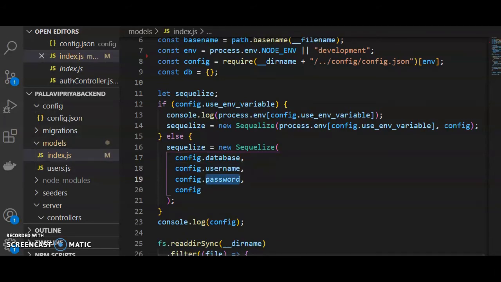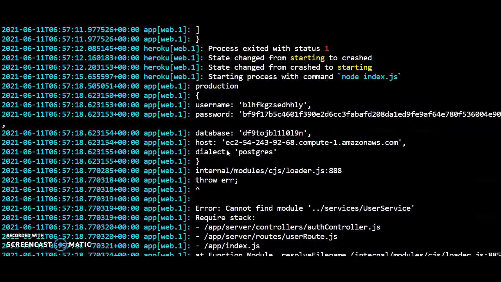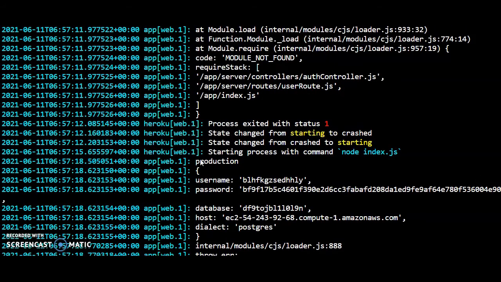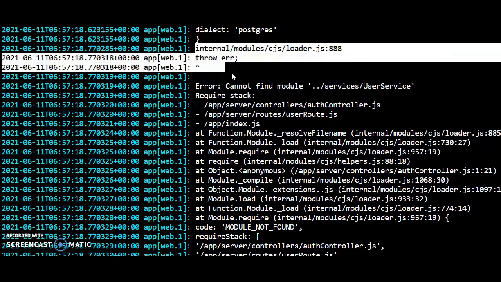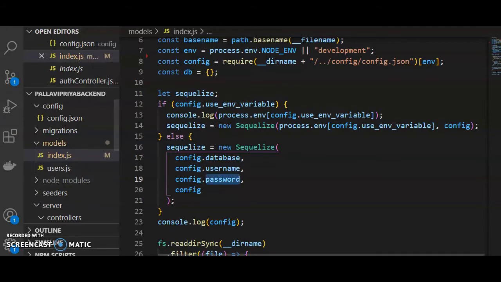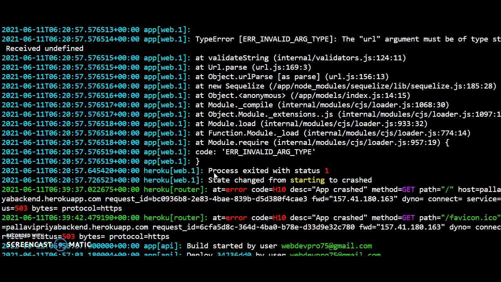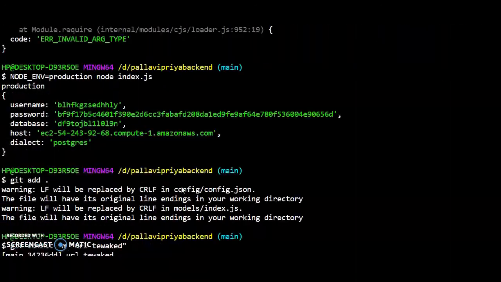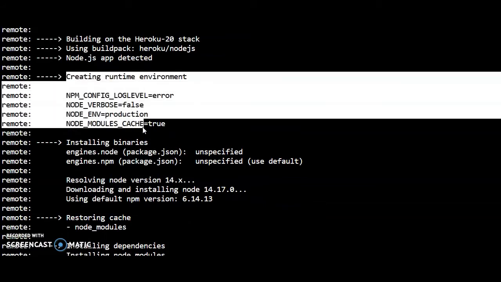Okay, now let's look into the log files, because the previous deployment was not successful. Here, this is the next log file. It is saying that some kind of module is absent. Now I just changed the configuration of the URL. Now it is going fine, but some of the configurations mean the module is not able to be found. So this is actually the deployment process.